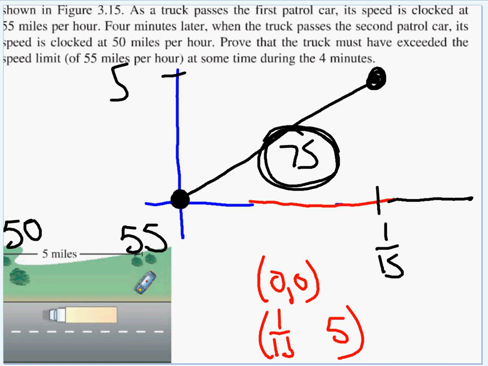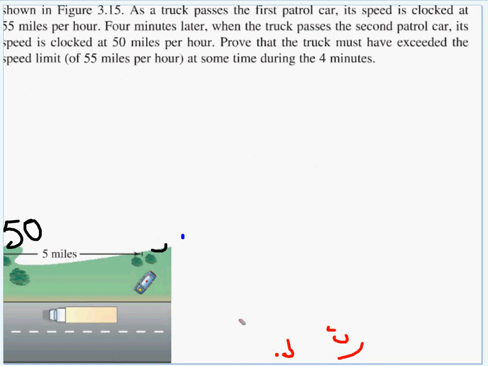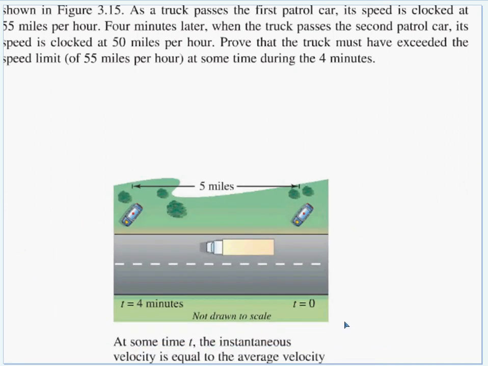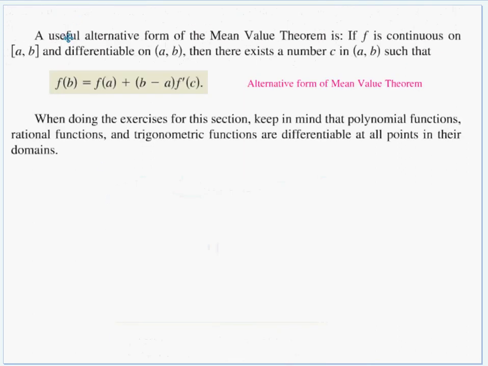And it says here, a useful alternate form of the mean value theorem is this. If f is continuous on our closed interval, and differentiable inside the interval, then there exists some number c in the interval such that f(b) is equal to f(a) plus (b minus a) times f'(c). And if that's a little confusing, let's just see what happens if we try to get this f